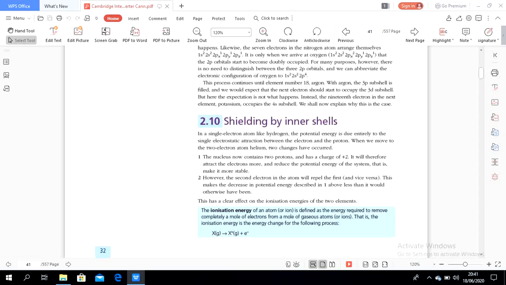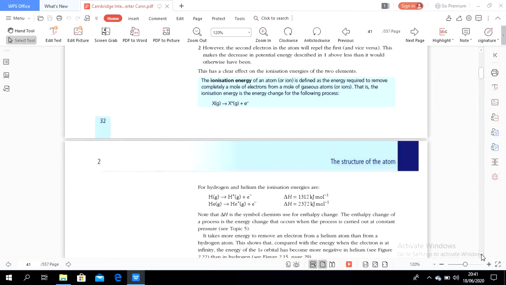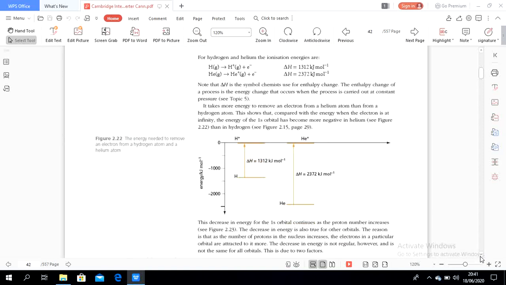And then there is ionization energy, which is the energy required to remove 1 mole of electrons from 1 mole of an element in its gaseous state. So the element must undergo atomization, and once it becomes an atom, then we can remove the electrons. As you see in the data here, hydrogen has a lower first ionization energy than helium. It's proven that helium requires more energy to remove one electron from the shell.